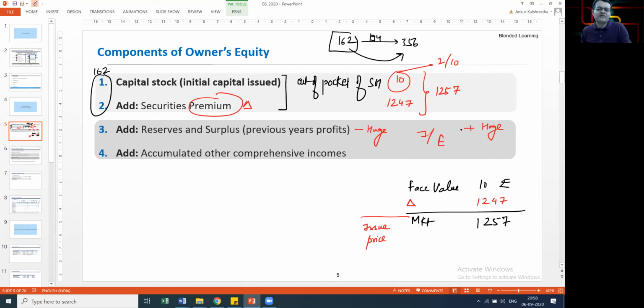And point four is again very simple. It's an alter ego of point three. Whatever you earned through OCI, remember special transactions that didn't enter P&L and directly hit equity, are also one of the incomes and expenses which got accrued, but are temporary and out of control. Now, it's possible that in the first year you had 10 rupees of such income. In the second year, you again had 20 rupees. So the accumulated income like those which are parked under equity is 30.